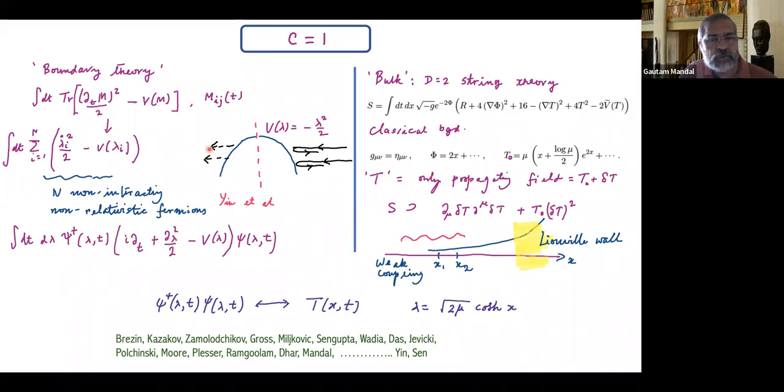And you could do a two-sided thing also, but we will actually look at only the one-sided. In this case, first of all, here itself, I use this fact that non-interacting non-relativistic fermions can be written in terms of a second quantized formulation, which is a non-relativistic second quantized fermion theory. Okay, and D equal to 2 string theory,